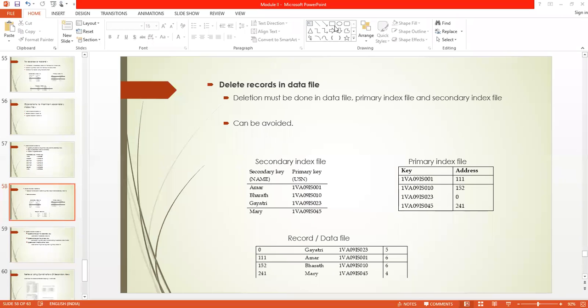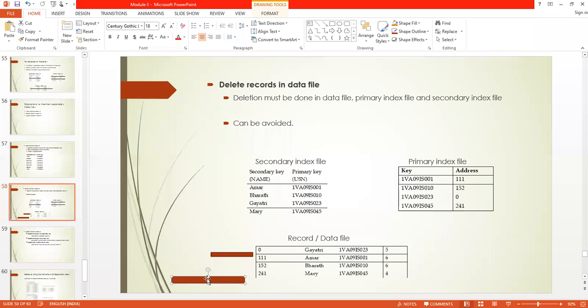You can assume that in secondary memory the records are placed like this. This is Bharat's record, and the next record was Mary's record. The next record will be continuing here, not on the next line as you see here. Fine. So this is Bharat's record. Now I am increasing the size. I want to increase the length of Bharat's record. In such a case, this place is not enough. I have to move to a different location.